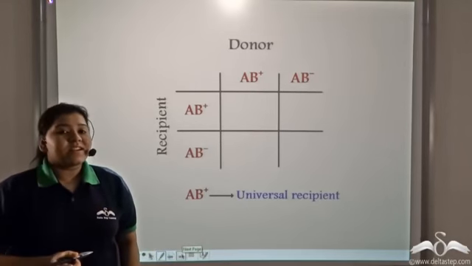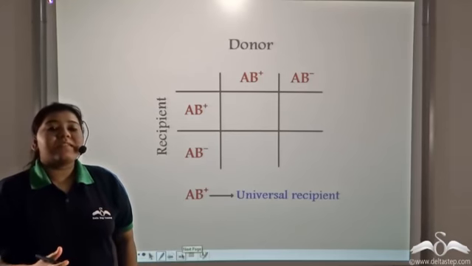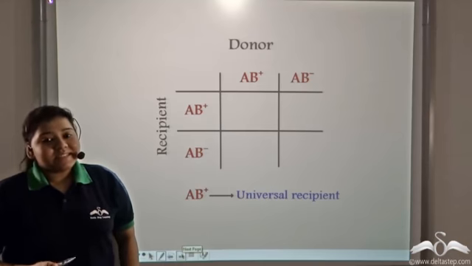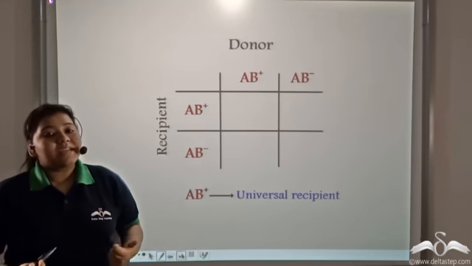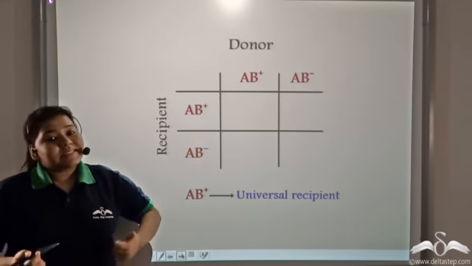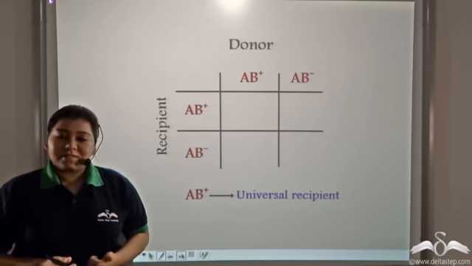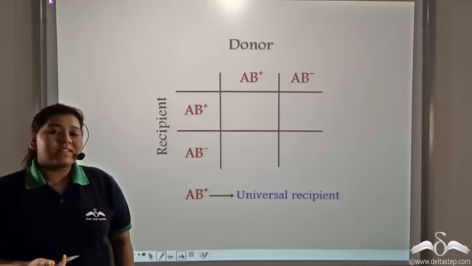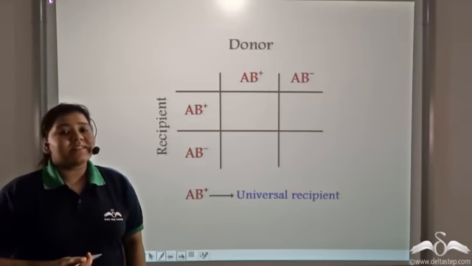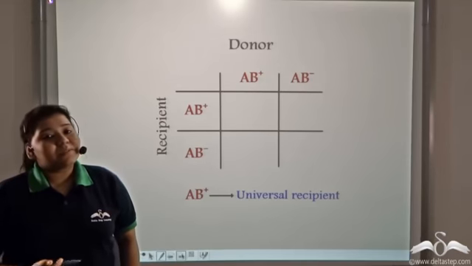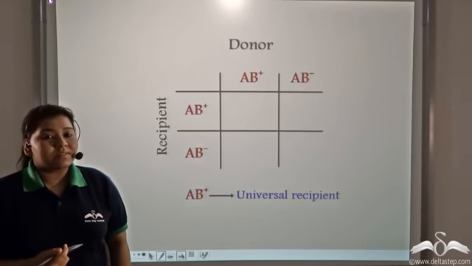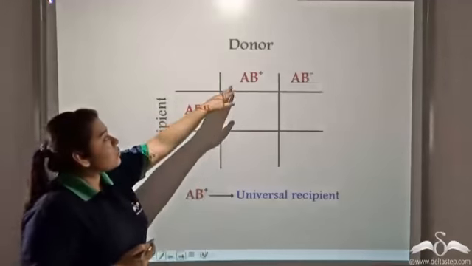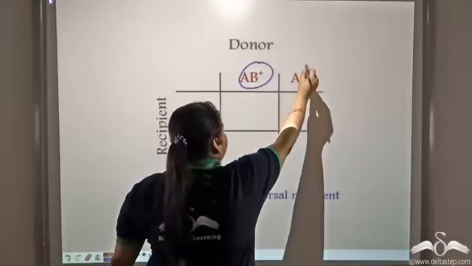Similarly, till now we have studied that a person with blood group AB is the universal recipient. That is, he can accept blood from anybody. But is this fact completely true? Well, no. This is because of the presence of another blood factor known as the Rh factor, which differentiates between the different blood groups. So the AB blood group can be further divided into AB positive and AB negative.